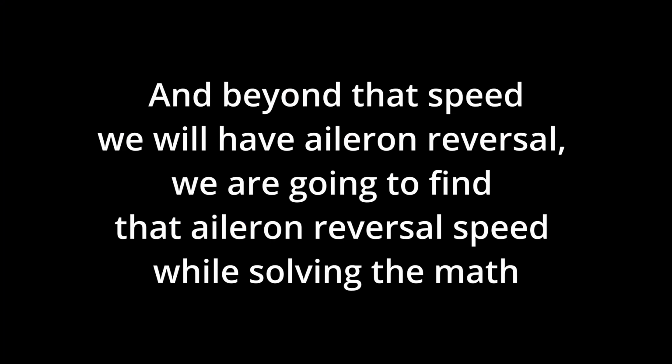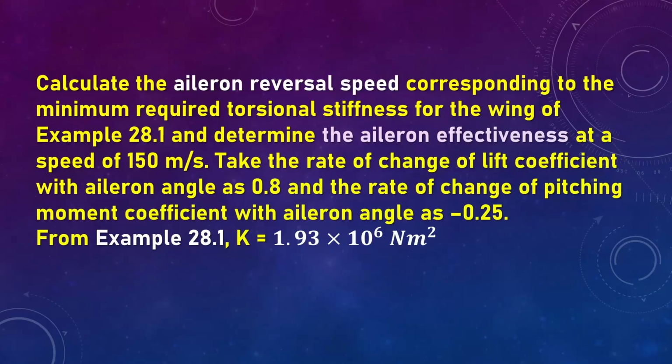I hope you understood this far, and now we'll go to the math. Okay, this problem is from Megson's book and is related to the previous one. Calculate the aileron reversal speed corresponding to the minimum required torsional stiffness for the wing of example 28.1. So as you can see here, our minimum required torsional stiffness for the wing. That means,